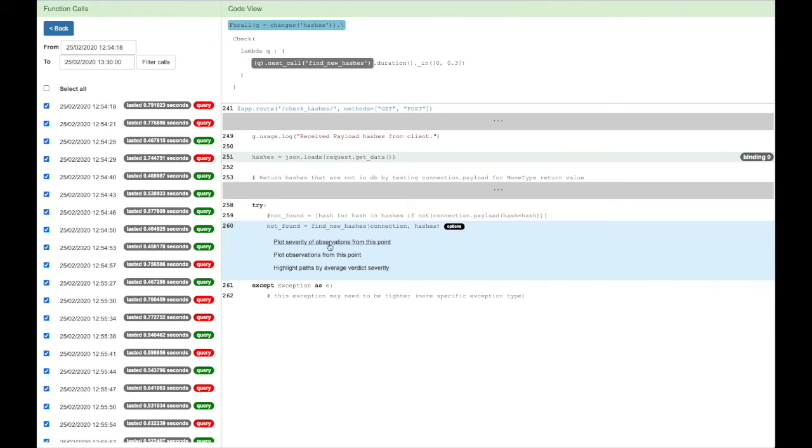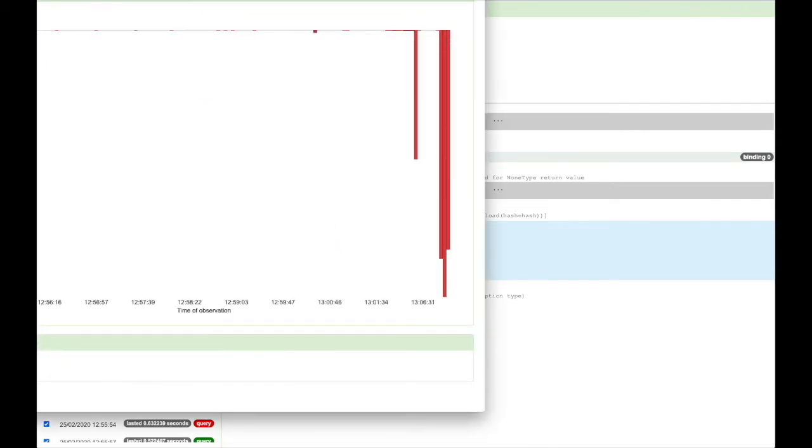The first one is that I can plot the severity of observations from this point, and this essentially means that we will take all of the measurements with respect to this specification, and we will plot some metric of how close those measurements were to satisfying this specification. So if they succeeded, then we will display them in a certain way, and if not, then we'll display them in another way. So I'm just going to open this plot now, and if I drag this into view,